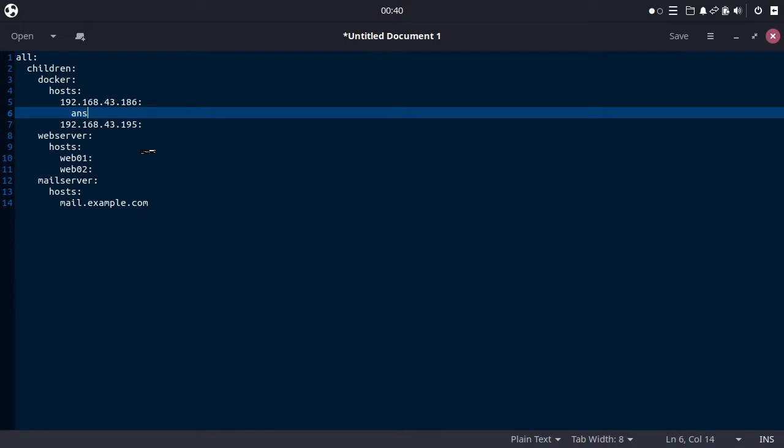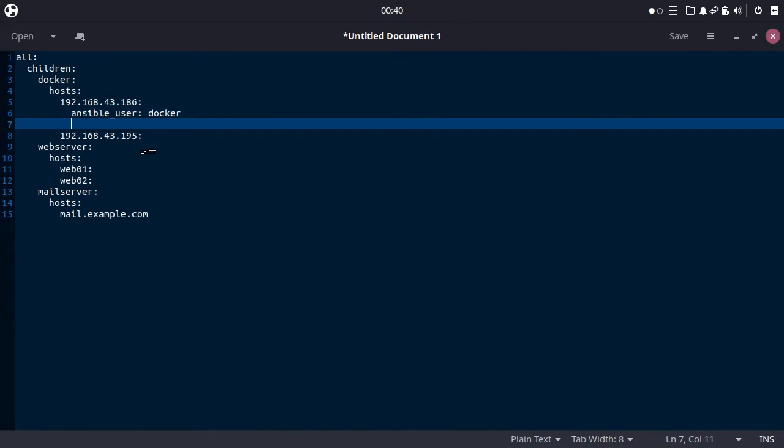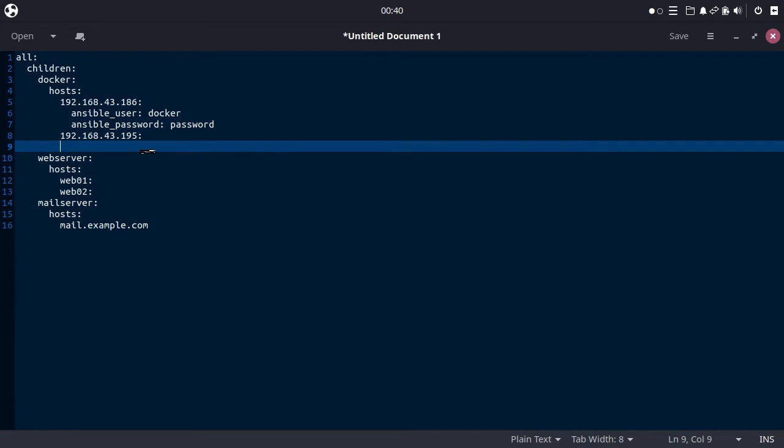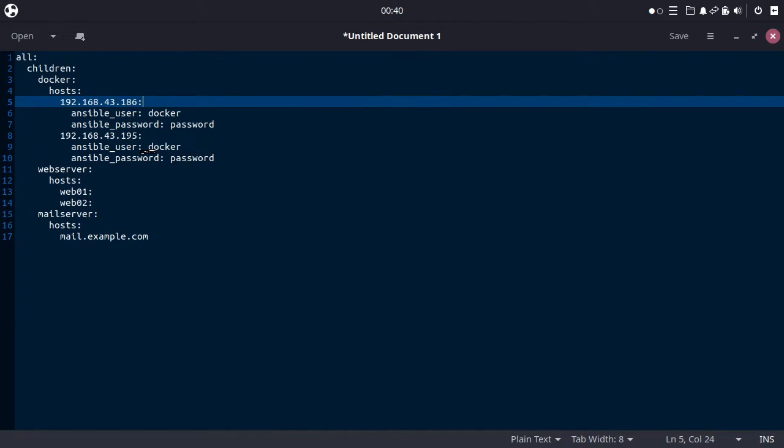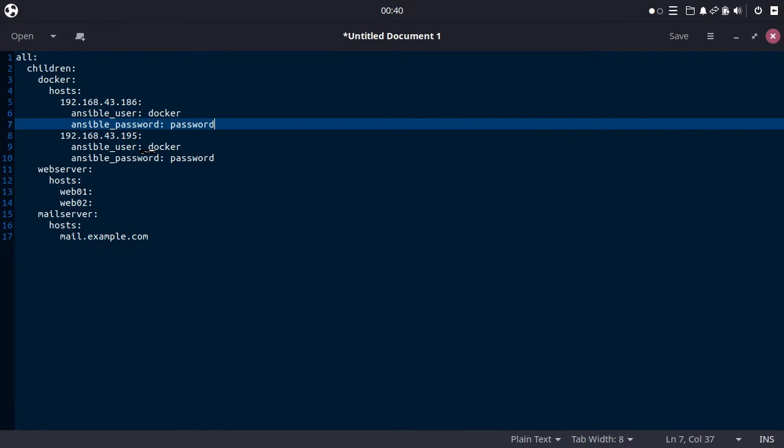We can type ansible_user Docker and ansible_password, and also ansible_user and Docker ansible_password. This basically tells Ansible that if you connect to this host, use the user Docker and the password, right?